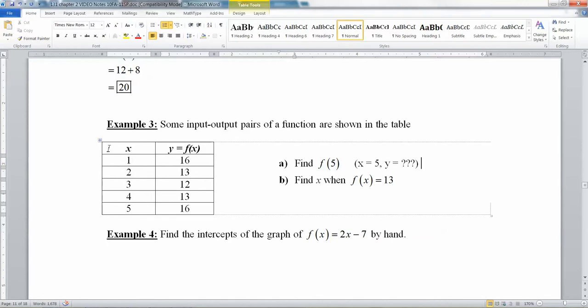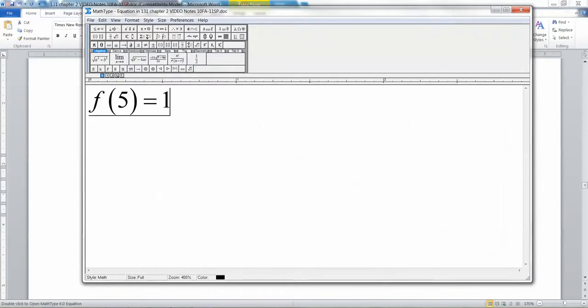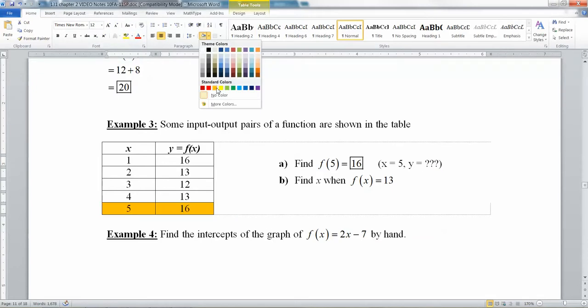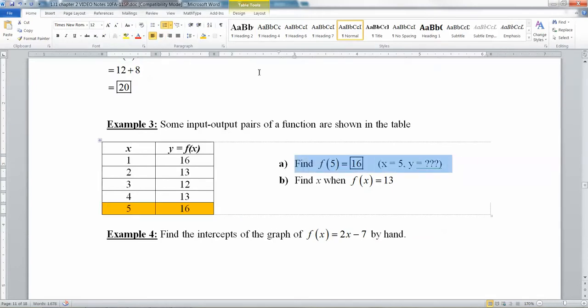So you go to the table where x was 5, and you say, the y value there is 16. So my answer is 16. I'm going to box it. I always try to box all my algebra answers. So 16 is the answer. When x was 5, y was 16. That's that one. All right, now letter B